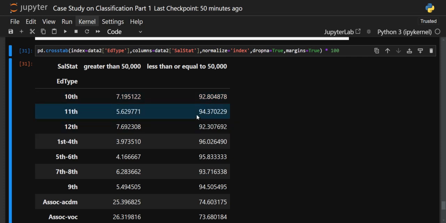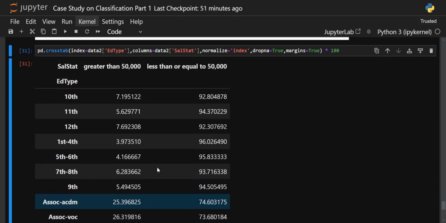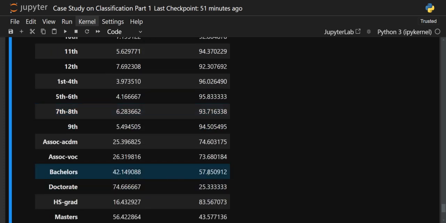The people who have studied till the 11th class are 94%, who are working at less than or equal to 50,000. Then for the 12th also, in the graduation also, 96% of persons are there whose earning is less than or equal to 50,000. In the bachelors, you can see the amount is less, meaning 42% of persons are also earning greater than 50,000, but the persons are more in the less than or equal to 50,000 category, that is 57% approximately. Okay,